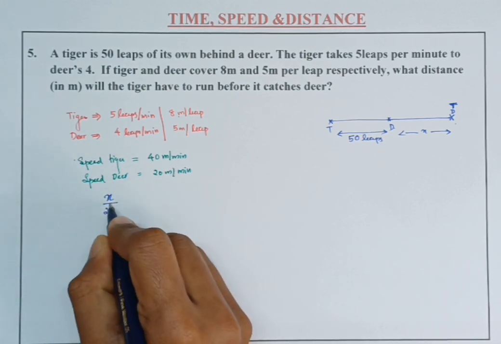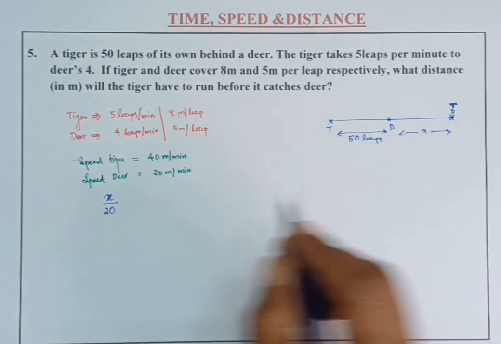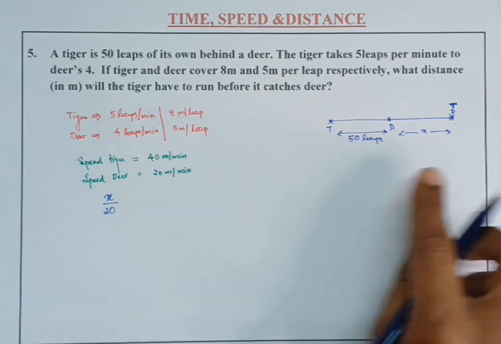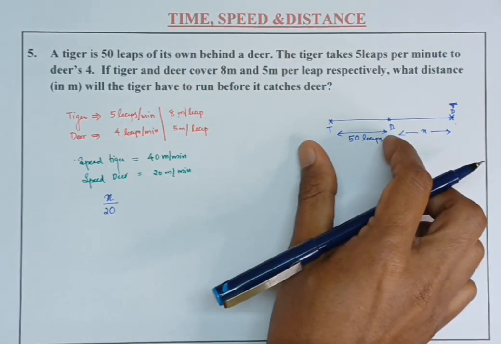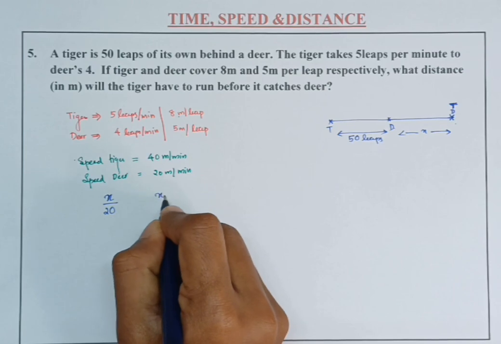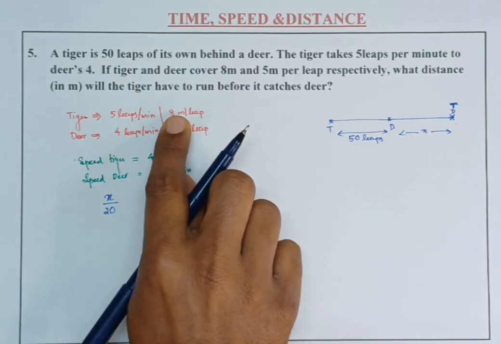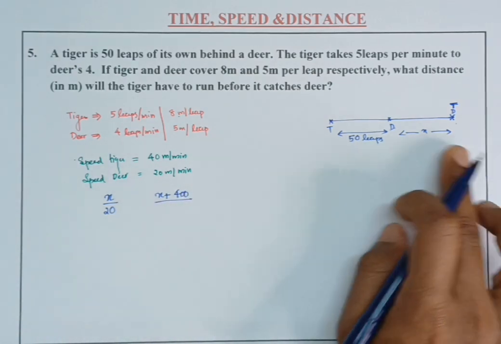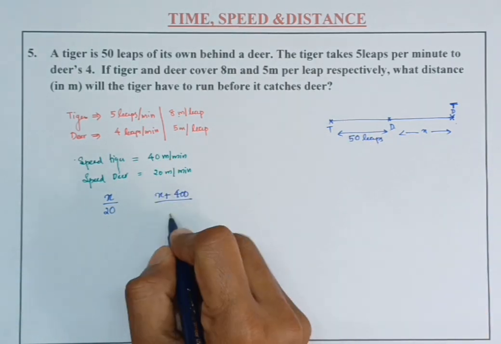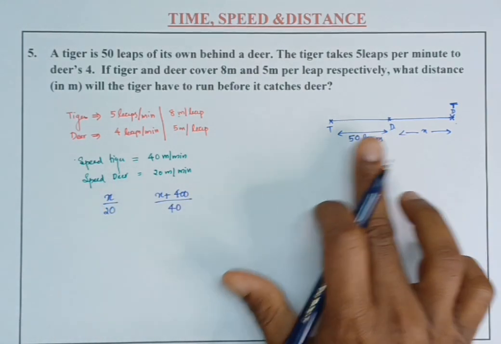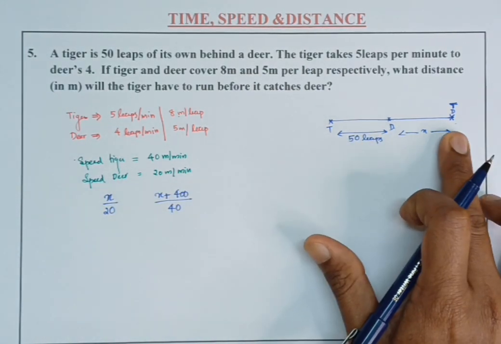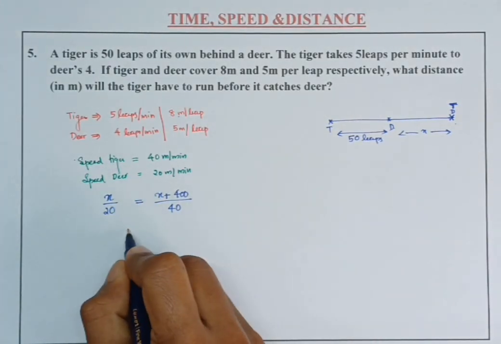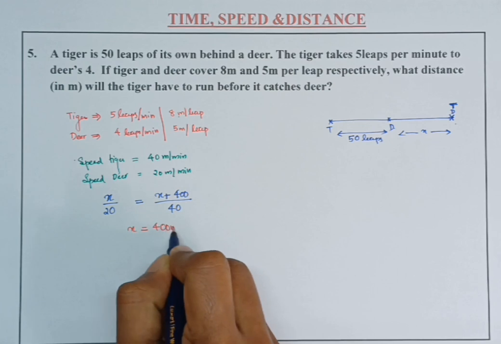So it will take x by 20 to reach this point, and tiger will be covering x plus this 50 leaps distance, that is x plus 50 into 8 meter per leap. 50 into 8 is 400, and it is moving with the speed of 40, and after this much time it will be at the same point. We can equate this. So solving this, we will get x equal to 400 meter,